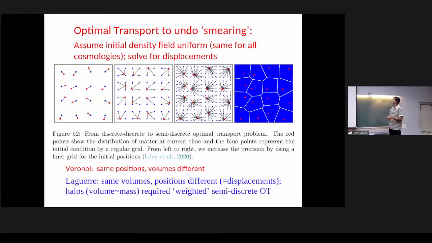Imagine that to the red points, the clustered points, not on the grid, I made what is called Voronoi tessellation. So I separate the volumes into the volume that is closest to this point rather than another one. So I do that for all the points. So I cover space like that. So in Voronoi tessellation, all the cells are centered on the particles, but the volumes of each Voronoi cell are different.